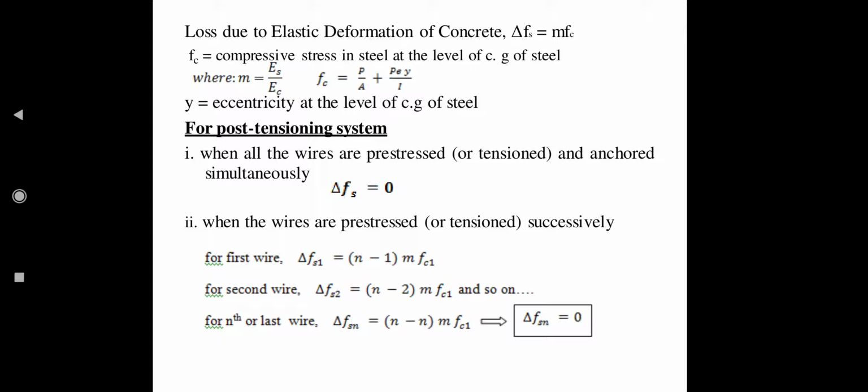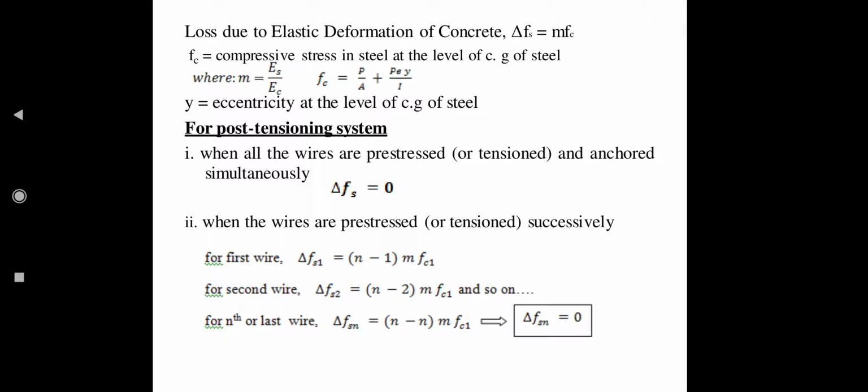Here m is the modular ratio, which is given by Es by Ec, where Es is Young's modulus of steel and Ec is Young's modulus of concrete, and Fc is the compressive stress in concrete at the level of Cg of steel,